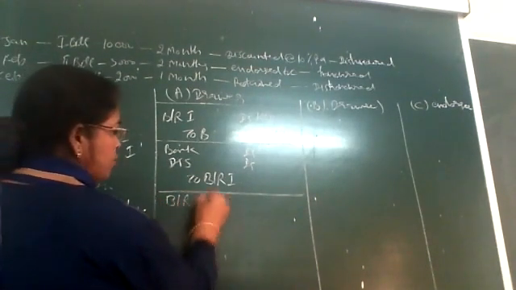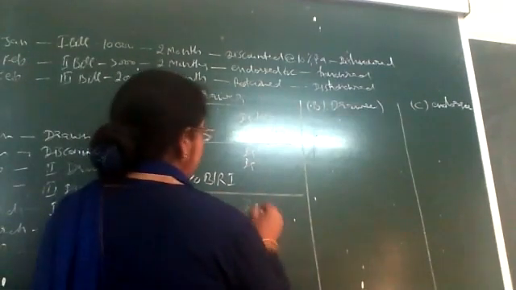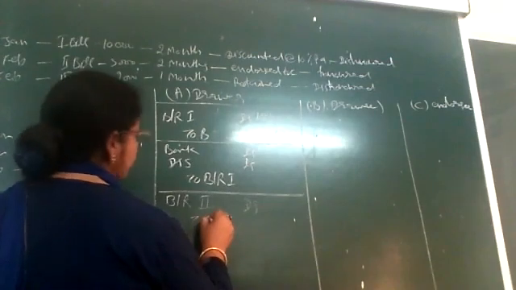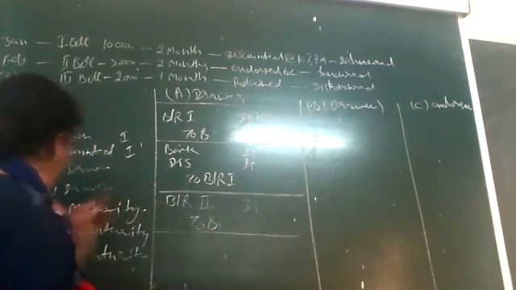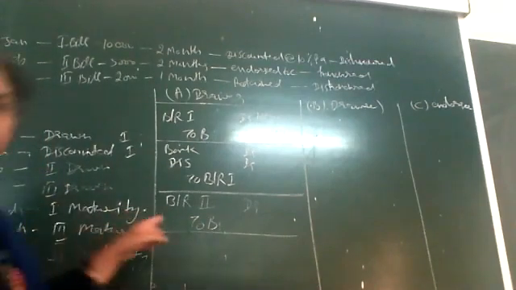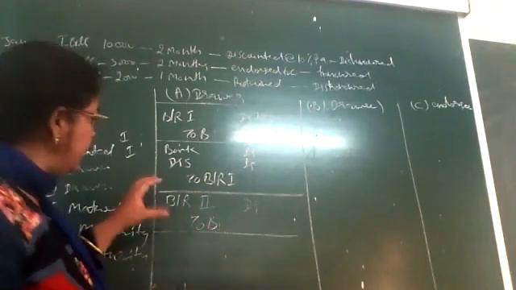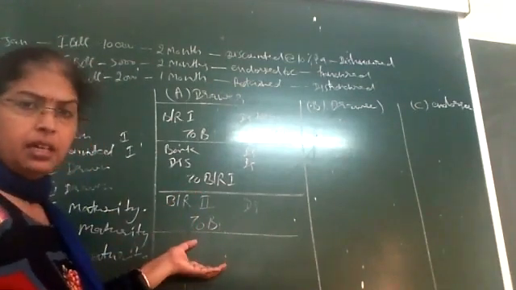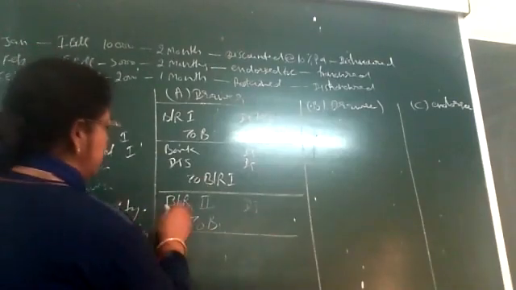The second bill was drawn. Here I write BR2. It was drawn, debit to B. The second bill was drawn, and along with this, on the same date, the third bill was also drawn. So if you are uncomfortable, then you can draw the third bill's journal entry separately here.